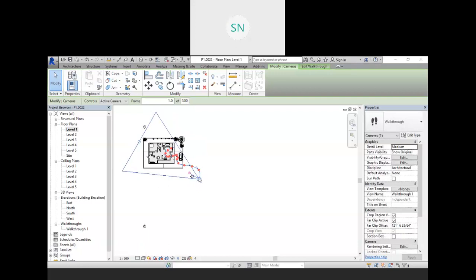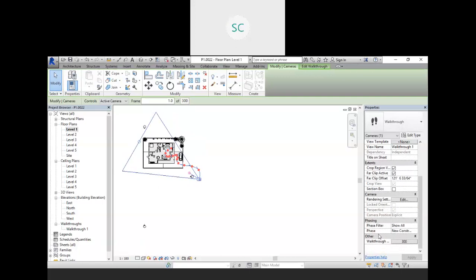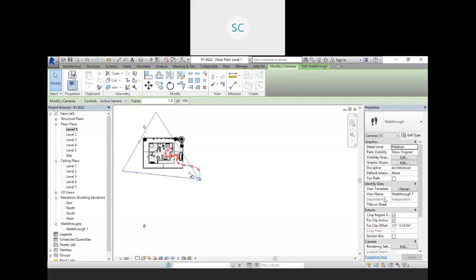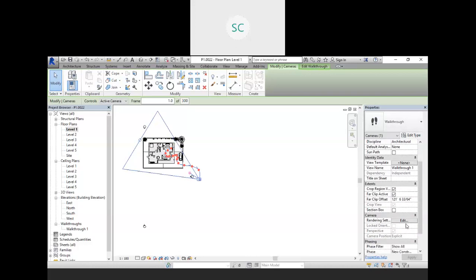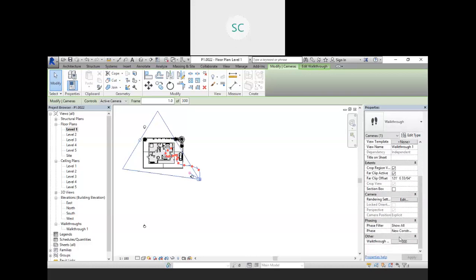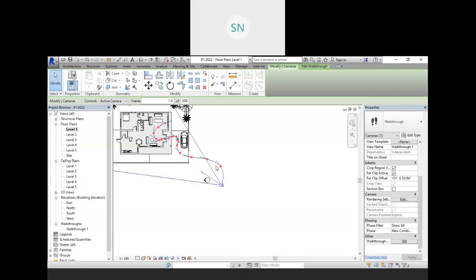my camera, select your camera, and we have the target. Okay, so it is fine. Now take your frames from here to the next frame, for example 25.